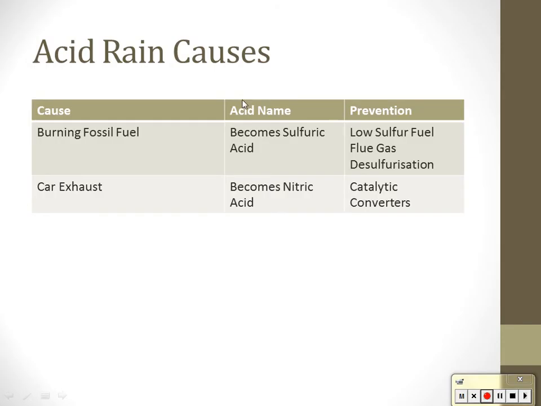So acid rain from burning fossil fuels, you get an addition of sulfuric compounds, and then car exhaust causes nitric compounds, which turn into nitric acid and sulfuric acid. Our ways to prevent them are right there. Flue gas desulfurization is kind of like filtering the smokestack. You have smokestacks where you're burning the fossil fuels and you see the smoke coming out. Well, if you just wash that with water first, then it'll turn the sulfur compounds into acid inside of that, and you could at least use that acid for something else.